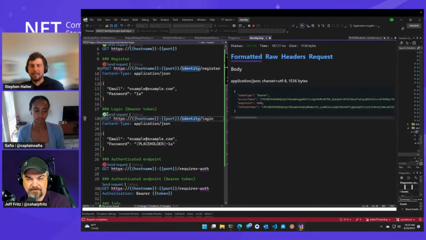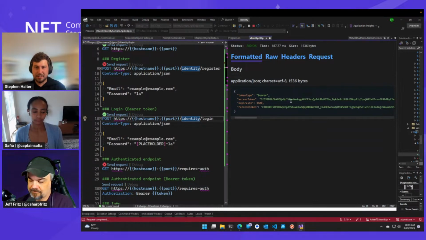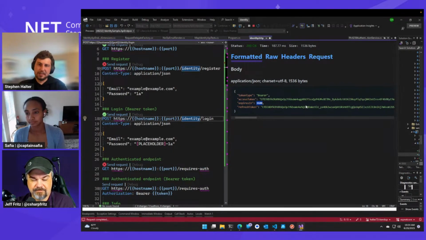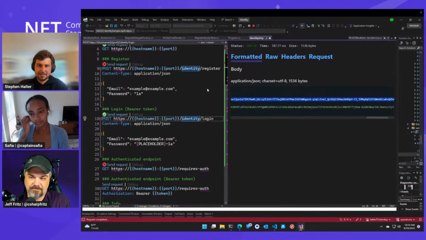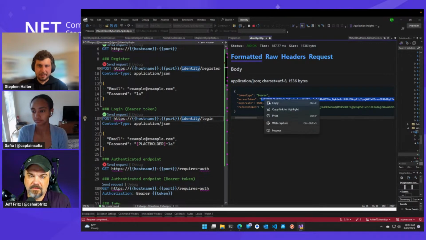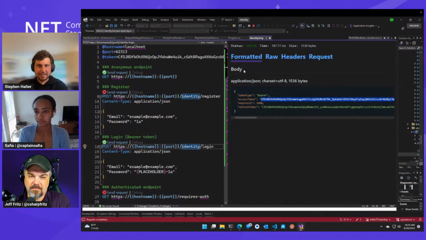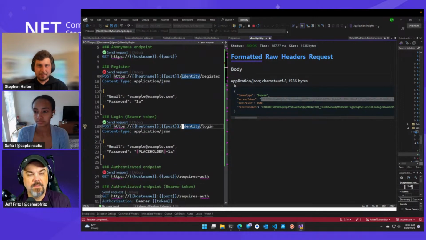So once we log in with this user, we get a bearer token and a refresh token. You see this expiresIn value of 3,600 seconds, which equals an hour. That's how long the access token is good for. So if we copy and paste this access token, I'm going to put that in the HTTP variable, and then we can hopefully make authenticated requests. So that's just the easiest, earliest part of the demo: we have a user.